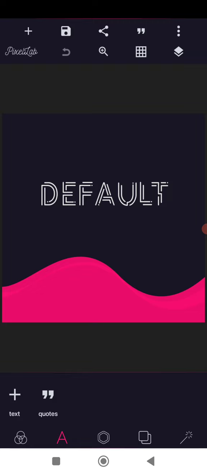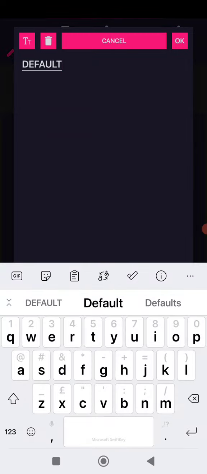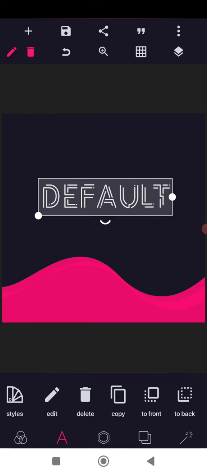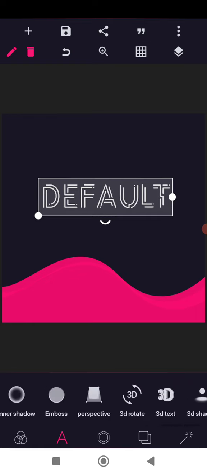Now this is text and this is code. Now let me show you what it is used for ASAP. Okay, the default is already here. Now when you click on any alphabet on any text box and you click on A, you're going to see different